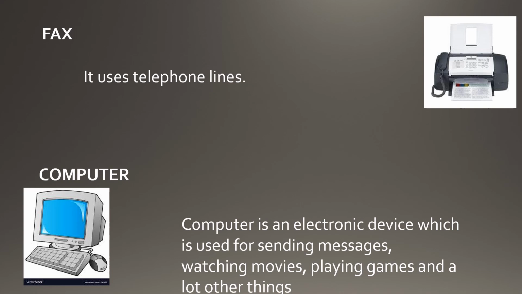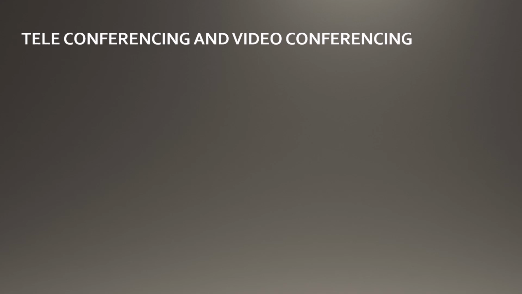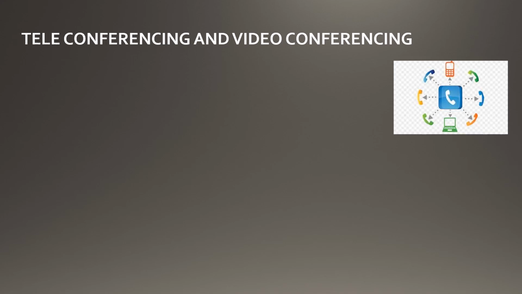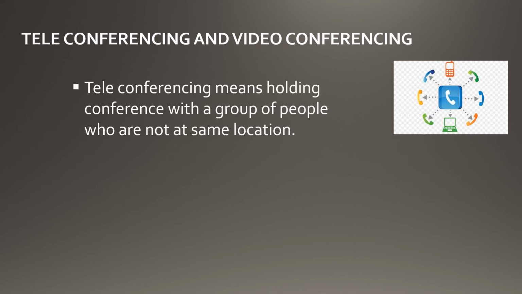So we should be very careful in how we sit at the computer. Next, we are going to see the other two: teleconferencing and video conferencing. Teleconferencing is flexible as we do not need any video equipment. Means conducting a conference, talking to many people at a time by using mobile phones, landlines or computers without video. It refers to holding a conference with a group of people who are not at the same location but are connected through telephones.